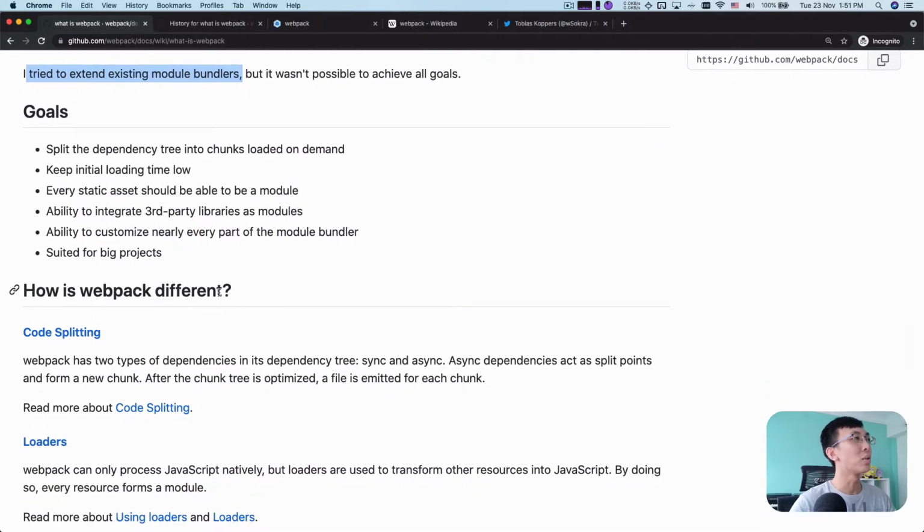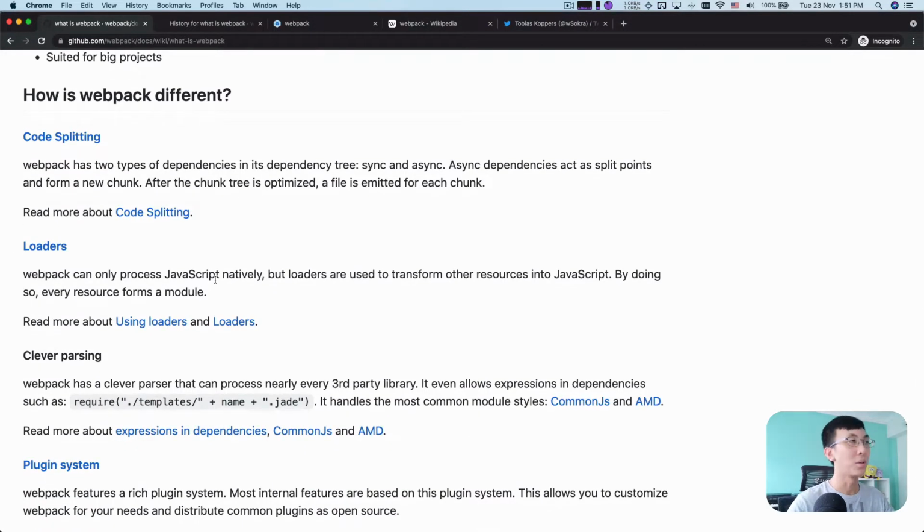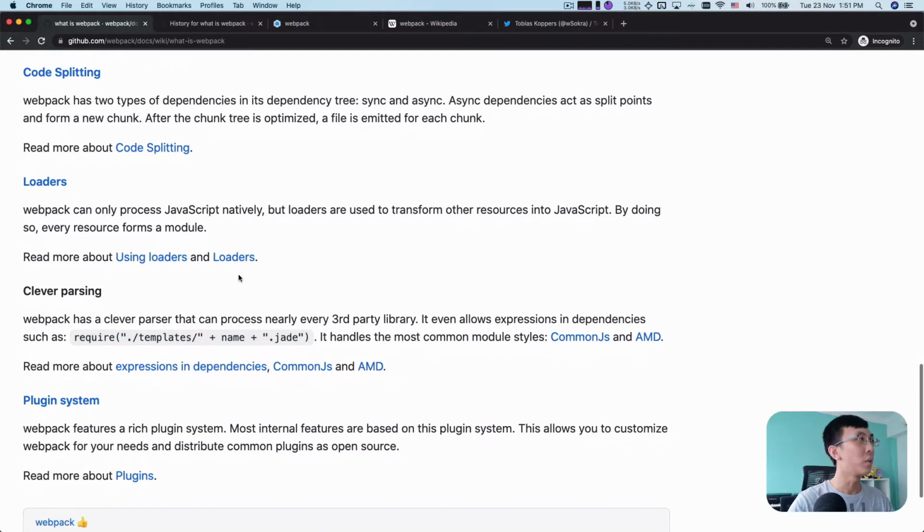So how is Webpack different, right? The first thing is code splitting, as you can see, and loaders. Okay, so that is one of the interesting things that was happening to Webpack. Clever parsing, I need to give that to it. So if you are trying to import things with an expression, you can do this with, I believe this was written way earlier, but now you can do it with dynamic imports. And if you put expressions over here, Webpack can still handle them and try to bundle them,